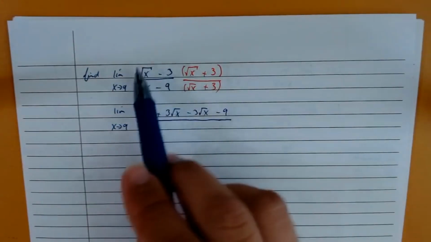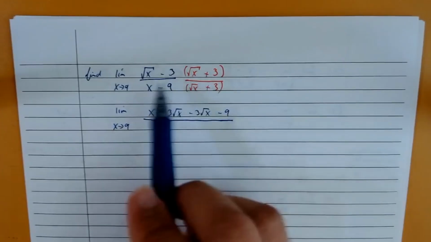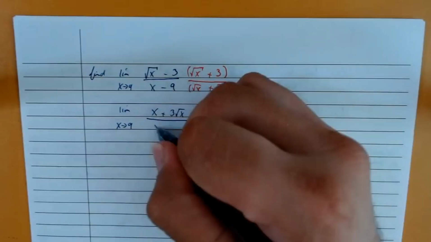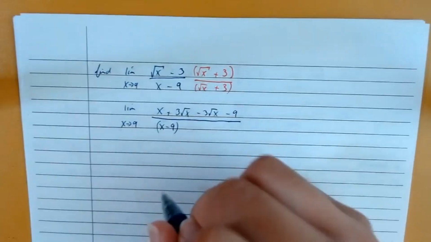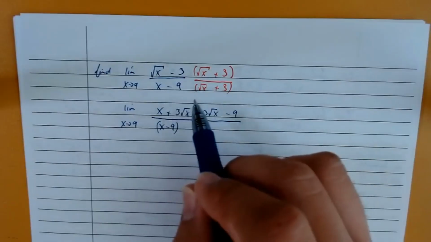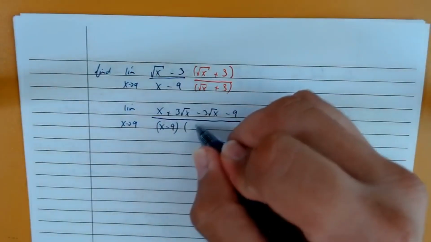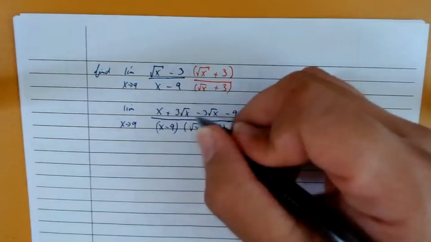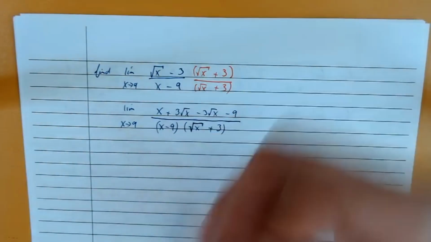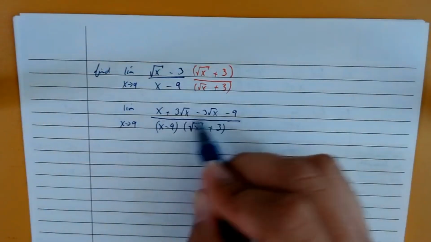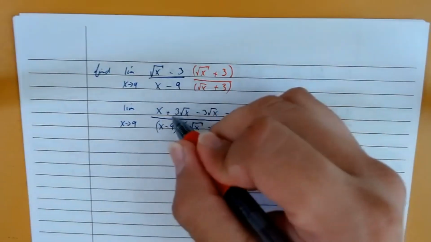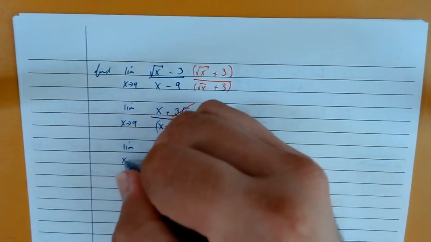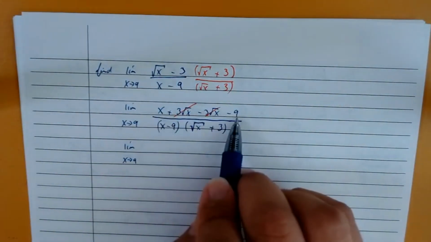Now, the place where the square root is, we're actually distributing that out. The place where it didn't have a square root to begin with, we're going to leave that the way it is. And the reason we leave that the way it is is because if you distribute it, you're just going to have to factor it back out at the end in order for the proper expressions to divide. So it's not wrong to multiply it out, but it's unnecessary and takes up extra time that doesn't need to be happening. Here, these two will subtract away. 3 root x minus 3 root x, that adds up to 0. So we're left with the limit as x approaches 9 of x minus 9